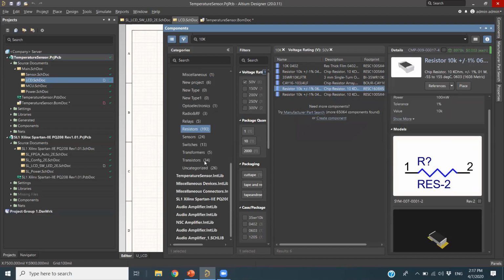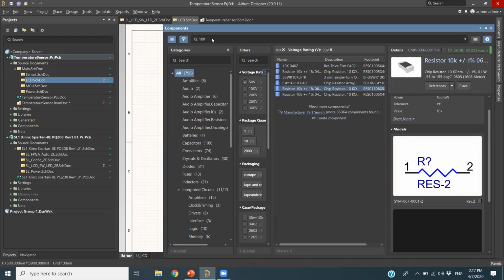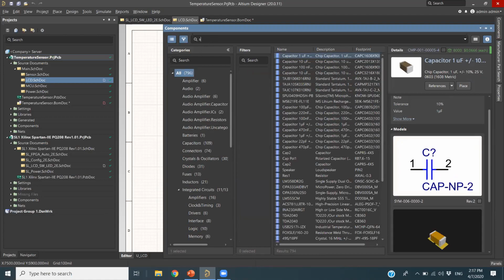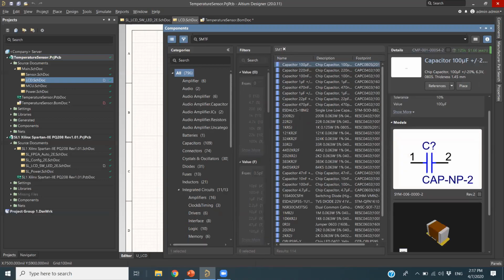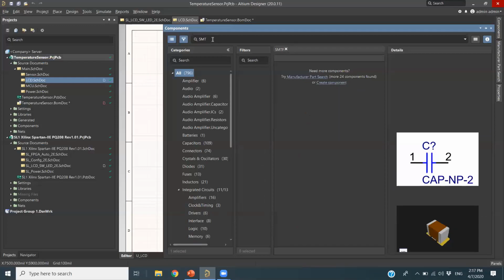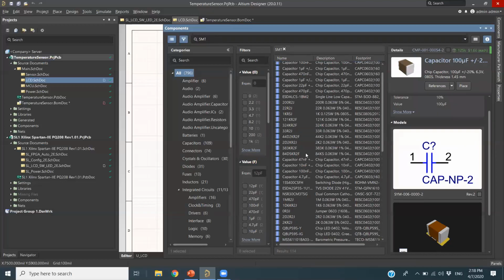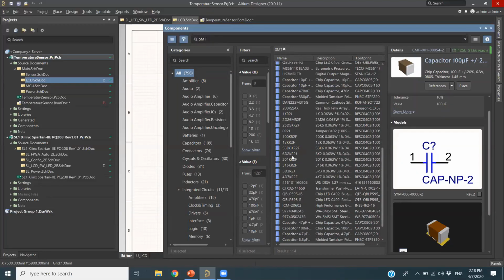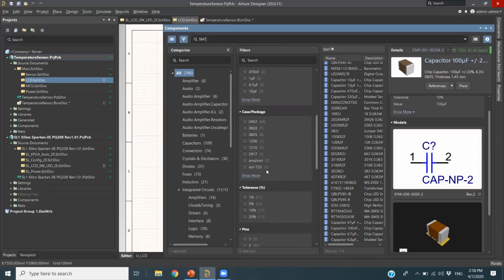Similarly, if you want to choose directly from here, I don't want to go for resistors. In general, I go to all components and then search for a component like SMT. When I type in some values to search for a component, I don't find it here, so you can type some SMT or something. Automatically it will show you results based on these characters, so much information is here. You can also use the filter here based on the values of your own, case packaging, all of this, you can filter it.